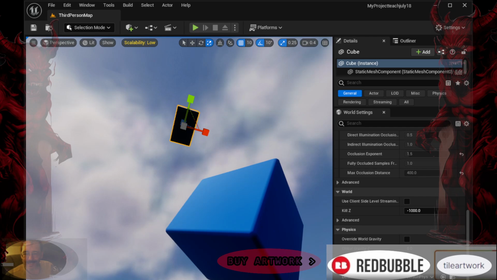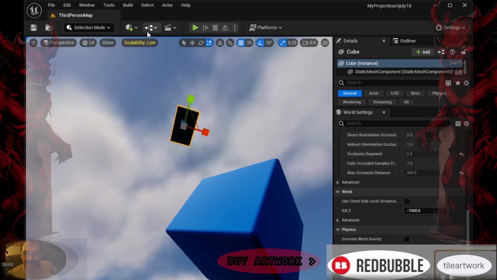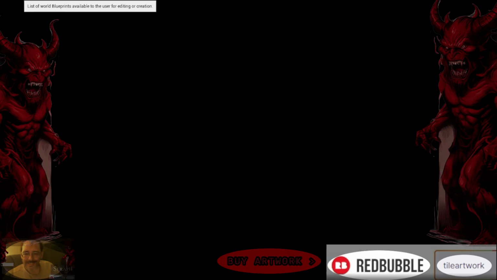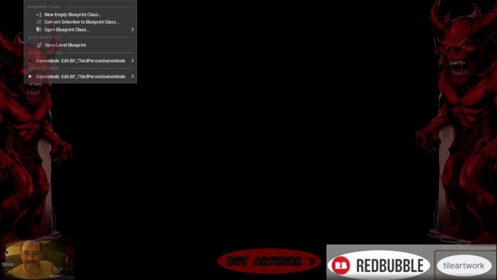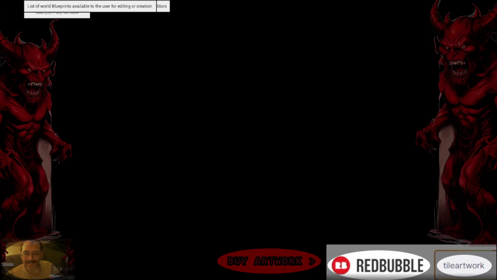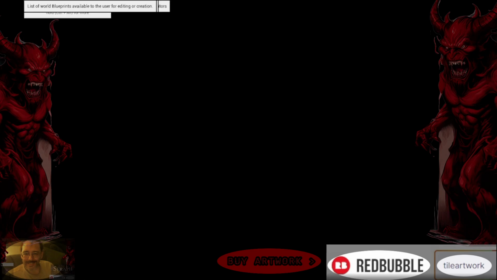4. Editing and interaction. From the List of Blueprints interface, you can directly interact with blueprint assets. This includes opening them for editing in the blueprint editor, making modifications to their logic and functionality, and managing their properties and variables. 5. Search and filtering. The interface often includes search and filtering options, allowing you to quickly locate specific blueprint assets based on name, class type, or other criteria. This helps streamline your workflow when working with a large number of blueprint assets in complex